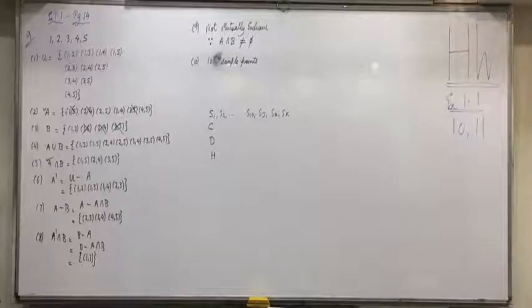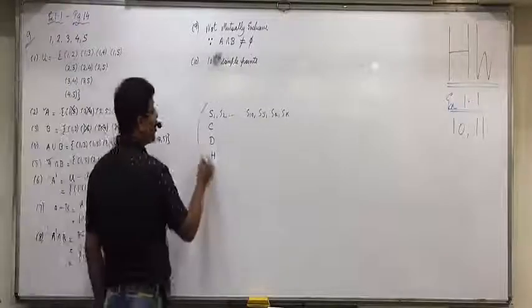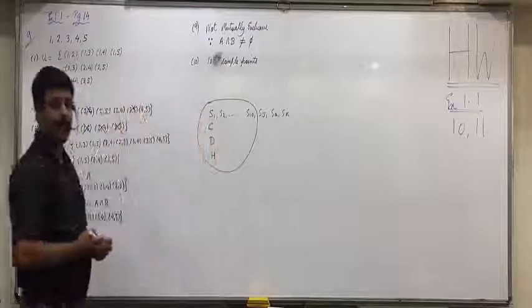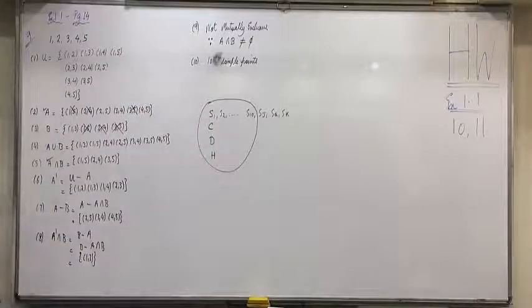Now drawing a spade card is denoted by A. So A will include S1 to SK, 13 outcomes. And drawing a card from ace to 10, the non-face cards, is B. Ace to 10 means all these, 40 cards. So B will include S1 to S10, C1 to C10, D1 to D10 and H1 to H10. After that again, can you find A union B, A intersection B and B complement? So this is also your homework.